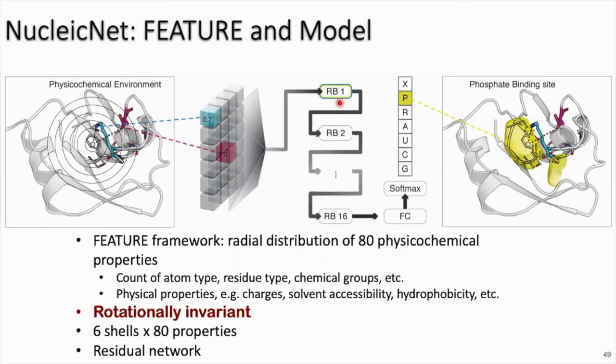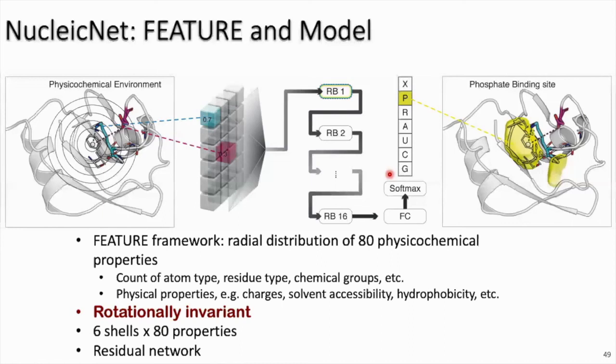Regarding labels, we have 7 kinds of labels. X means this position is not a binding site. P means this grid point can interact with phosphate, which is a specific chemical group in RNA. R means this position can interact with ribose, which is another kind of chemical group in RNA. And so do A, U, C, G. So essentially, this deep learning model can predict those 2 pieces of information that we have already discussed. Although there are lots of other technical details in our framework, this is the basic idea of our method.